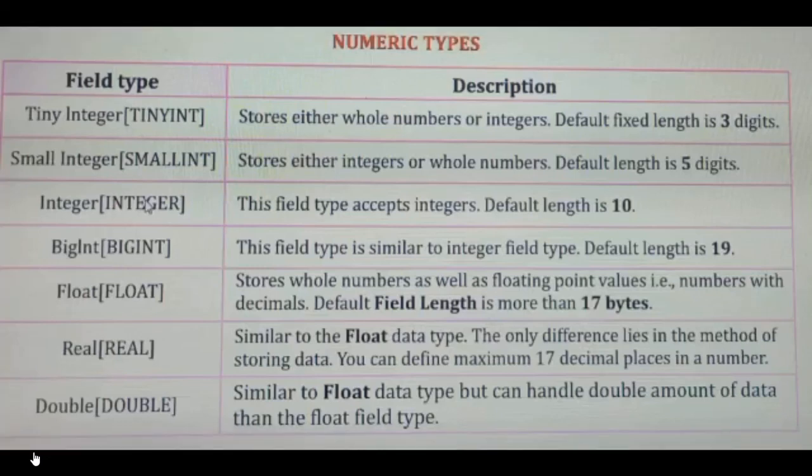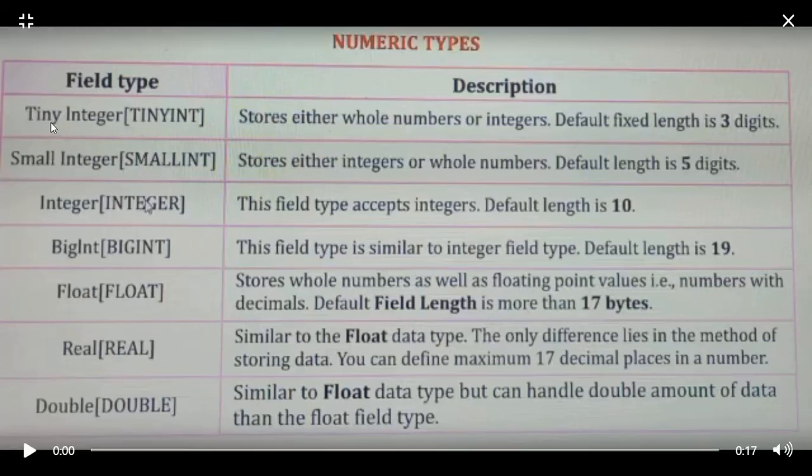Okay, if we talk about numeric, we have two types of numeric types, right? Before explaining the two types, let me tell you what is numeric. When we talk about numeric type of data, in this we can store numbers or integers, right? So when we store data in numeric form, we will further divide these numeric data types in two types. The first is whole number types, second is fractional value types, right? So in this first we have whole number types.